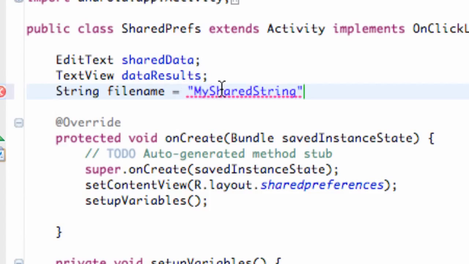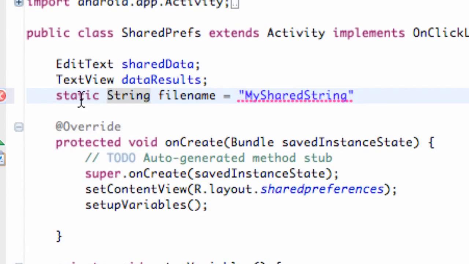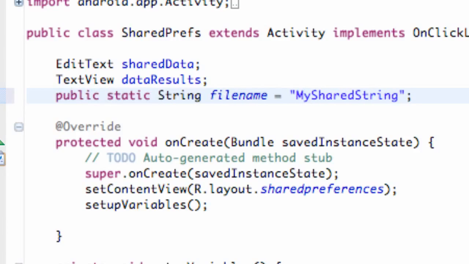And we don't want this file name to change, so we're going to say static. And basically what static means is it's like, hey, don't try and change this, you jerk. Just keep it the same and everything's going to be cool. So basically this file name will never change, or it can't change. And we're also going to say public, so other activities can access